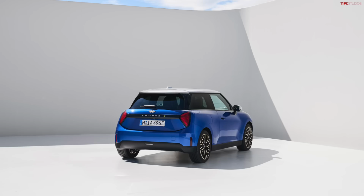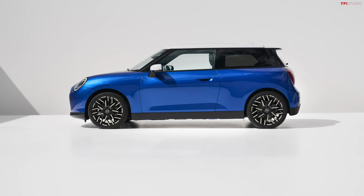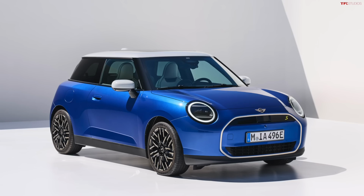range is about 190 miles or 305 kilometers using the WLTP cycle, which is a little more optimistic than the EPA. So figure like 170 EPA for the standard car. Now, the Cooper SE gets a 54.2 kilowatt hour battery, estimated range 250 miles or 402 kilometers. That's also WLTP, so figure like